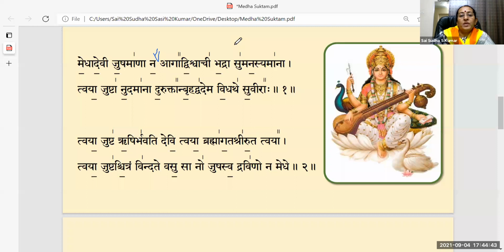Then Sumanasya mana. Then Tvaya Jushta. Here again Shta, not Jushta. Tvaya Jushta Nudamana Duruktan Brihadvadema